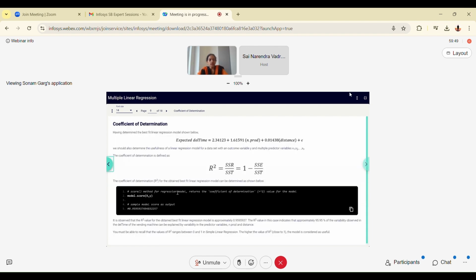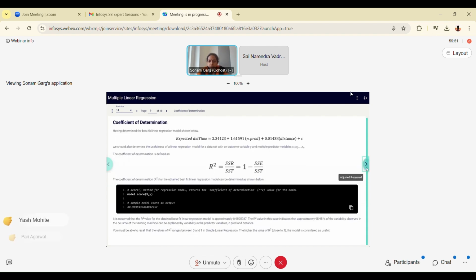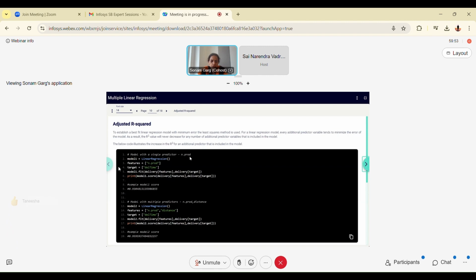All right. Now there's a problem in this metric, the coefficient of determination, which we have taken. As you increase the number of predictor variables, it tends to increase because of the mathematical calculations behind the coefficient of determination. Let's see with an example what is happening.